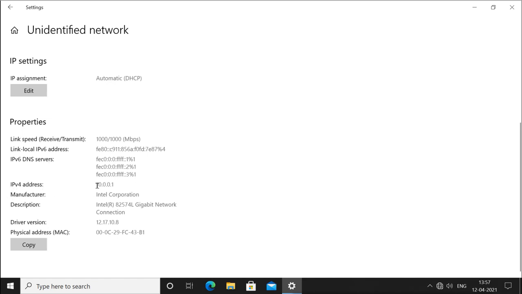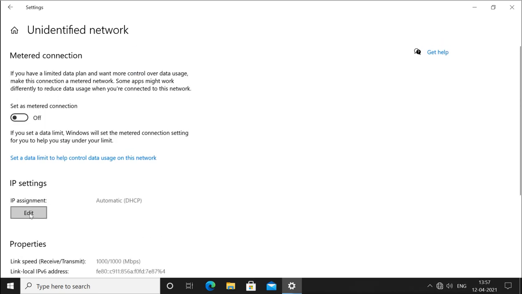It is 10.0.0.1, the address of this machine. This means this is the private IP address configured on this machine. This is the manufacturer, description and driver, and the physical address, which is the MAC address of this machine. And it is using the IP address from DHCP. You can see IP assignment: automatic (DHCP).